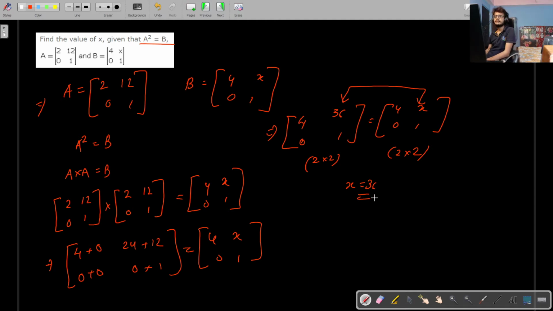Any doubts in this question? These questions may not look difficult, but in the heat of the moment when you are shown this kind of question in the exam, something might go wrong if you are not confident with your concepts, if you are not confident about which matrices can multiply and which cannot. If you are not sure about those concepts, then this will be a big headache for you in the exam.